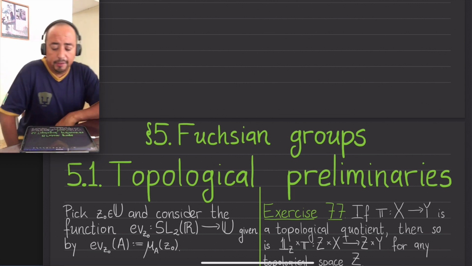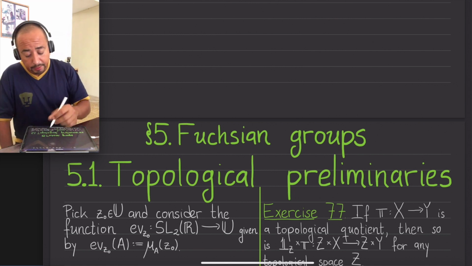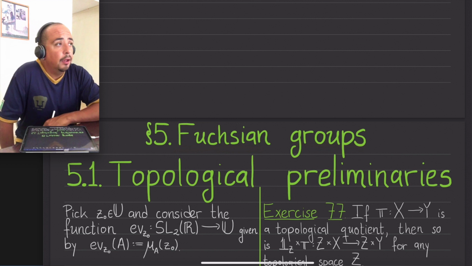Welcome to today's class. Today we are starting a new chapter, one of the central chapters of this course, namely the one on Fuchsian groups. Very roughly speaking, one can think of Fuchsian groups as being the subgroups of SL2R or PSL2R, with the property